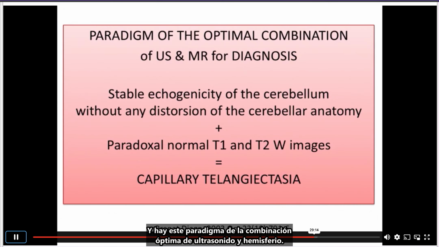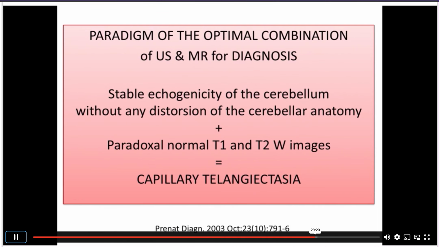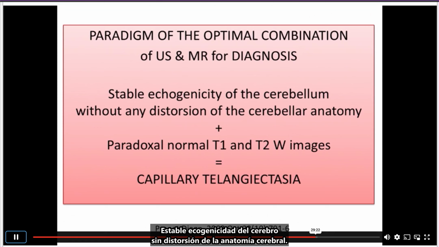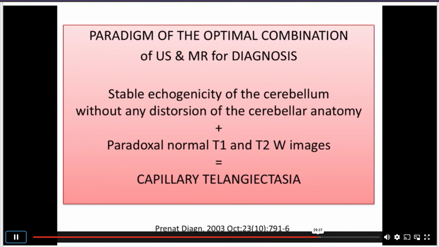And there is this paradigm of the optimal combination of ultrasound and MR for this diagnosis: stable echogenicity of the cerebellum without any distortion of the cerebral anatomy, plus paradoxically normal T1 and T2 weighted images. This is capillary telangiectasia. And we published this in 2003, but 6 months after, we saw